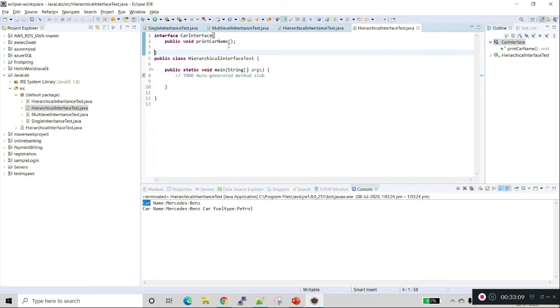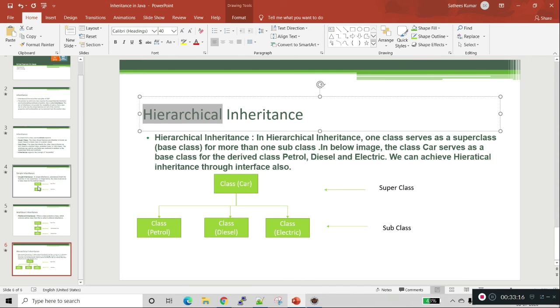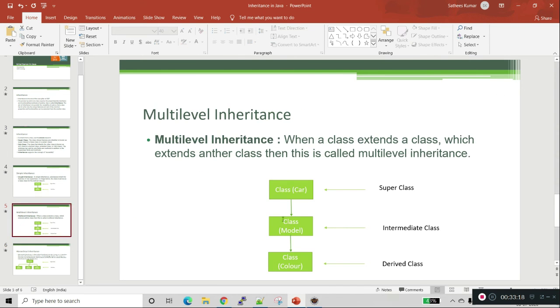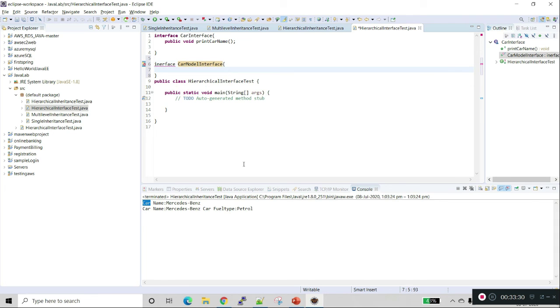The next interface is car model interface, with a method to print car model.